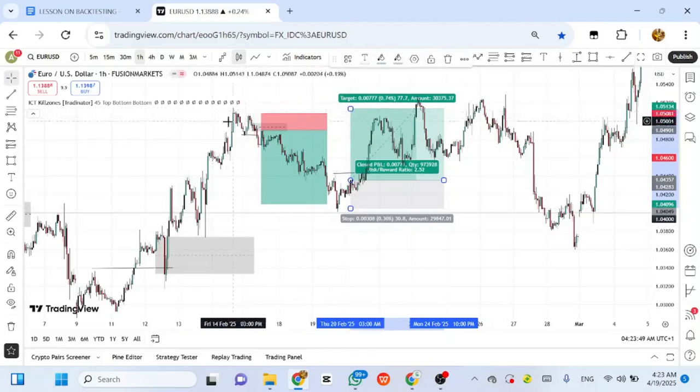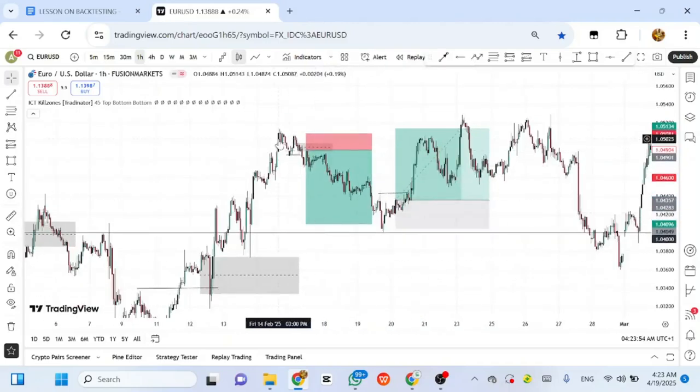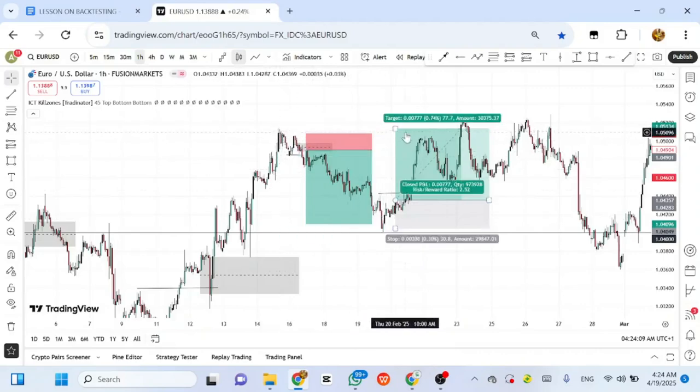Why is it not at this supply zone? Because I know that this was just a kind of correction, a kind of retracement. We spoke about retracement. Maybe the overall trend is bullish and this has broken structure in the higher time frame, so we know that this is a reversal. In this reversal, we can likely break this high, so that is why my TP will be at this high.